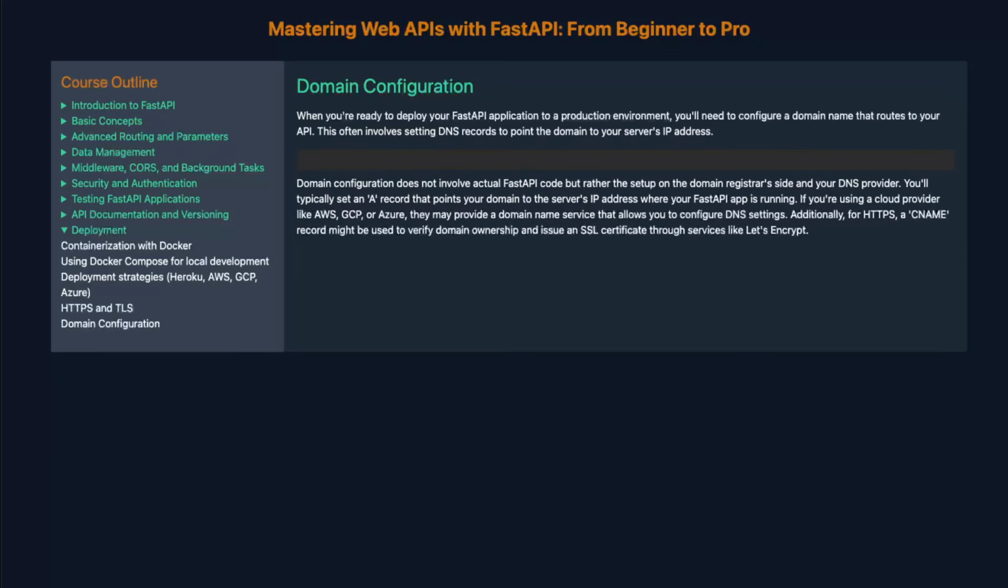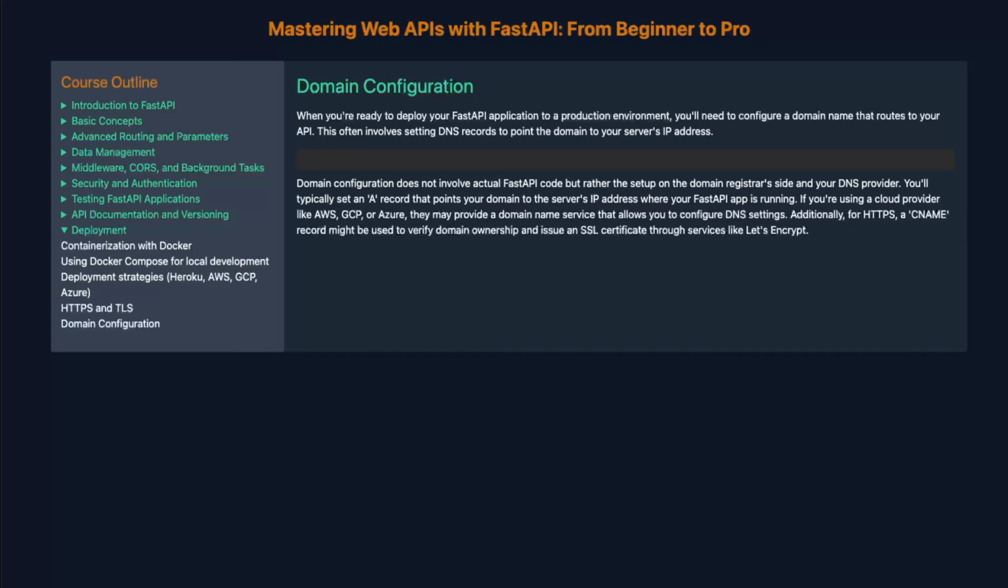Domain configuration. When you're ready to deploy your FastAPI application to a production environment, you'll need to configure a domain name that routes to your API. This often involves setting DNS records to point the domain to your server's IP address. Domain configuration does not involve actual FastAPI code, but rather the setup on the domain registrar's side and your DNS provider. You'll typically set an A record that points your domain to the server's IP address where your FastAPI app